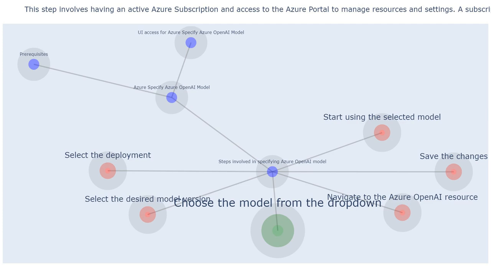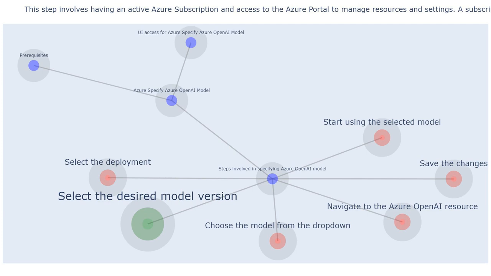Choose the model from the drop-down that best fits your requirements and application needs. Each model has different versions that represent various updates and improvements to the models' capabilities. Select the desired model version from the available options. You can refer to the model documentation to understand the differences between versions and choose the one that suits your